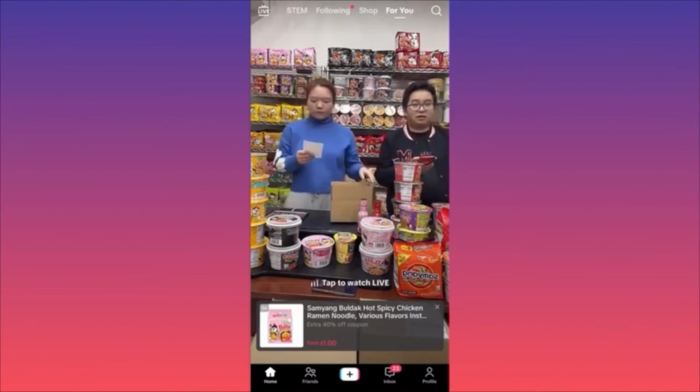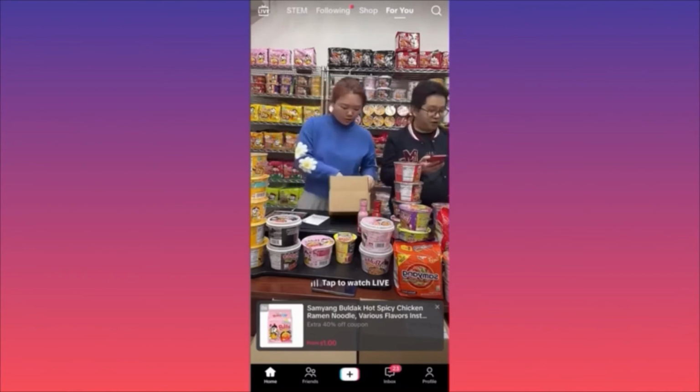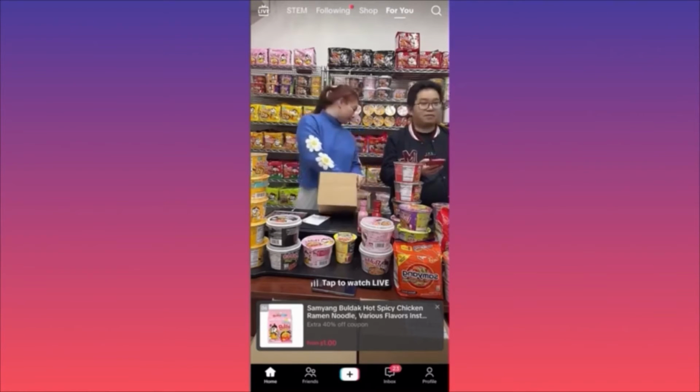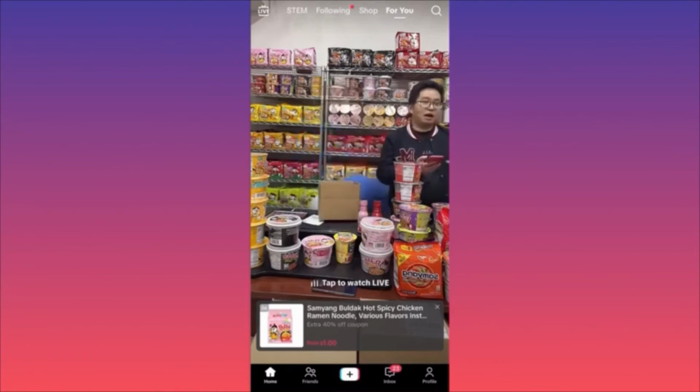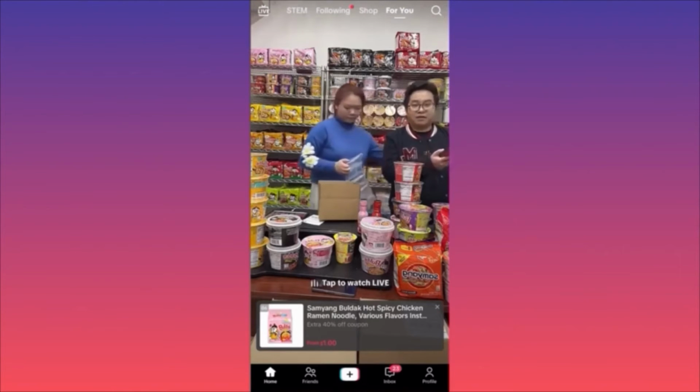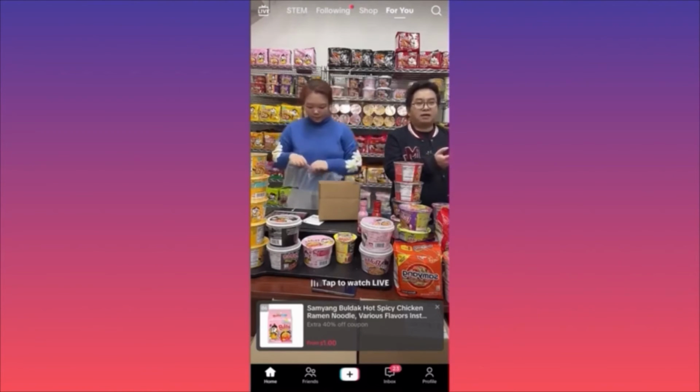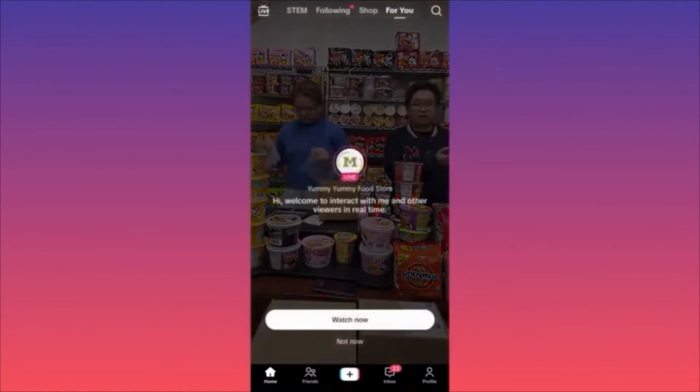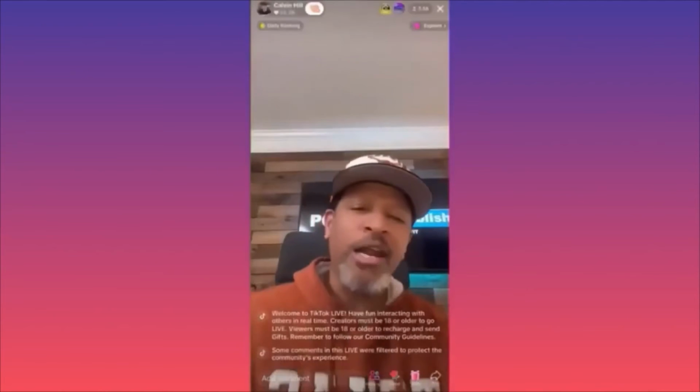right? If you're doing services, sure, you cannot. If you're doing haircuts or massages or spa or whatever, you cannot do that, but you can attract a lot of people coming to your place, right? Just look at over here. I want you to go on the top left corner. When you launch the app, there's a small box, it says live. When you click on live, you will see a lot of people.